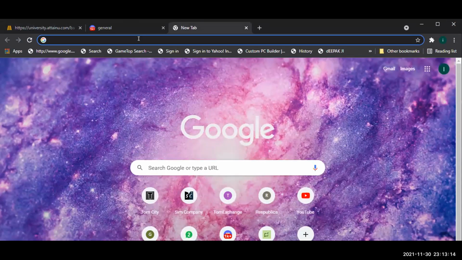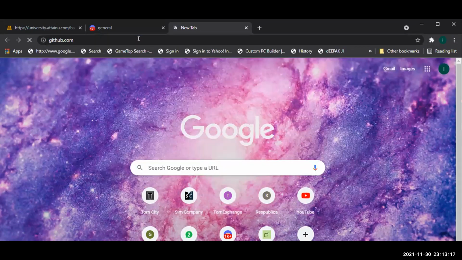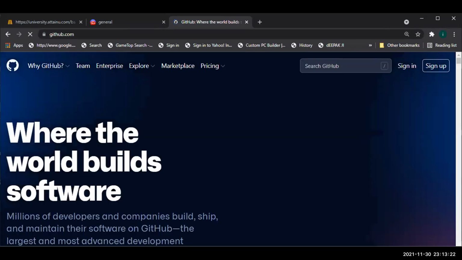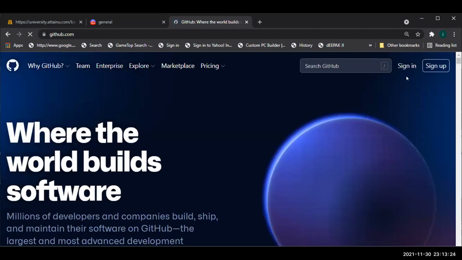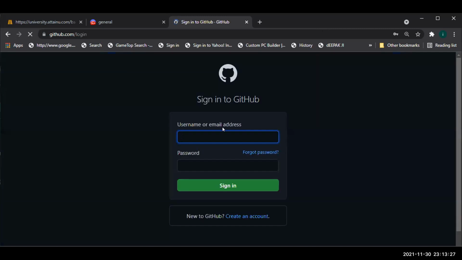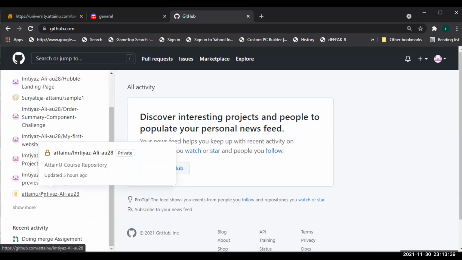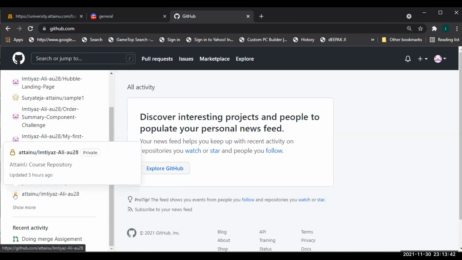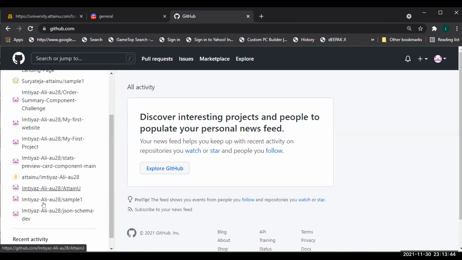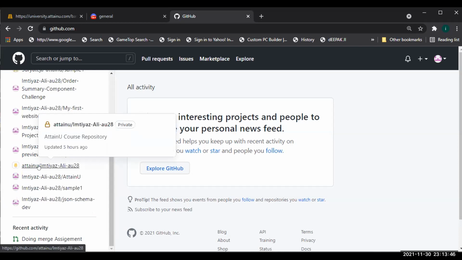First, go to GitHub. On the left, you will see this repository created by Attain. Surya says he doesn't see that repository.